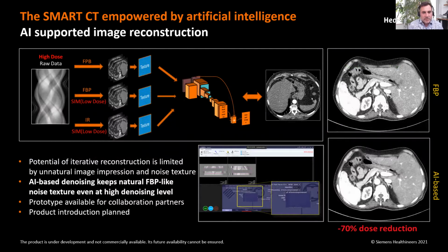AI-supported image reconstruction. As you know, iterative reconstruction has been a big success in CT, really lowering radiation dose to the patient. Unfortunately, with increasing noise reduction, you get a very unnatural image impression and noise texture. So artificial intelligence can help here to really improve the natural impression of the